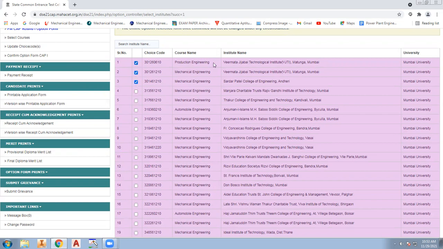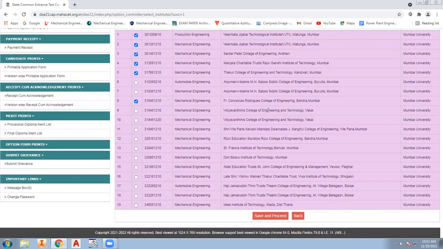You can see the branches also. In VGTI, I've selected production and mechanical. In Thakur, I'm selecting the mechanical. Then St. Francis in Borivali, and in Bandra, selected the mechanical. Then Vidyavardhini College of Engineering, which is in Vasai, I've selected the mechanical branch of that.